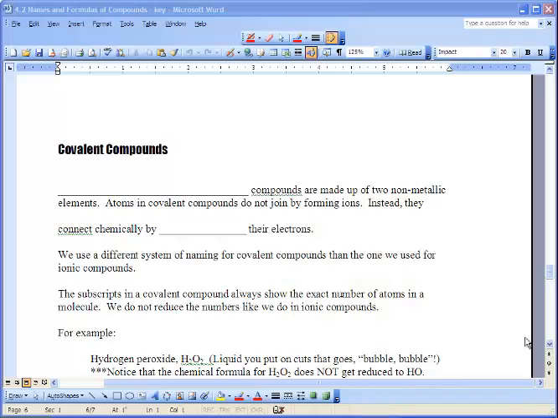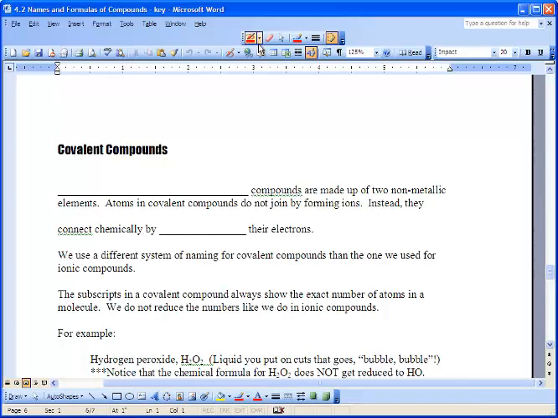Well, today we're going to be looking at covalent compounds. Now, we've looked at ionic compounds, we've looked at ionic compounds with multivalent metals, meaning that there's different versions of that metal. We've also looked at polyatomic ions. Now what we're going to be doing is just strictly working with nonmetals and nonmetals. So covalent compounds